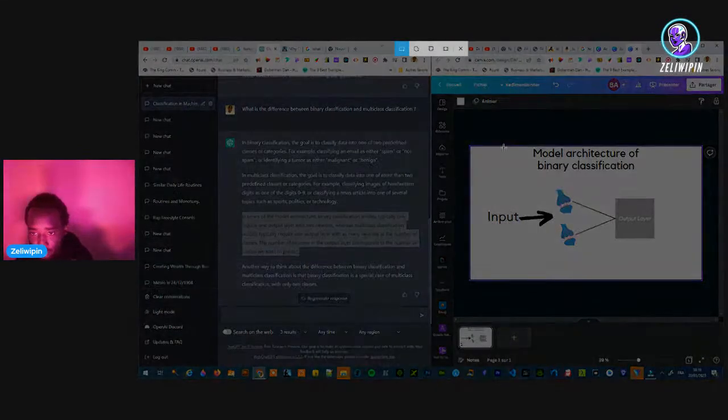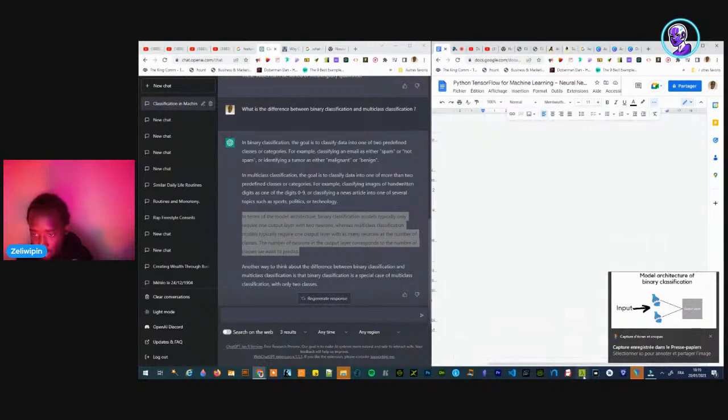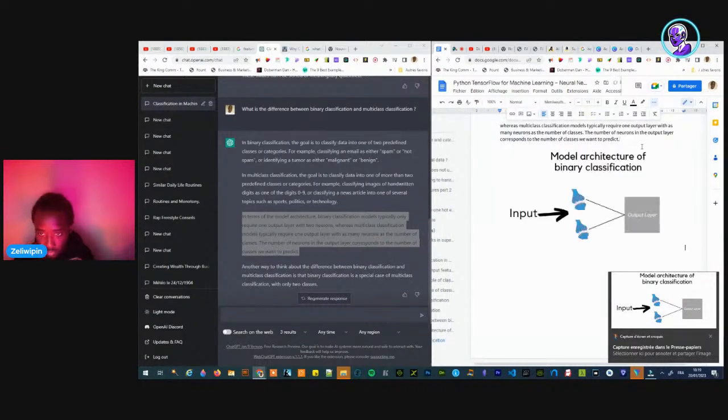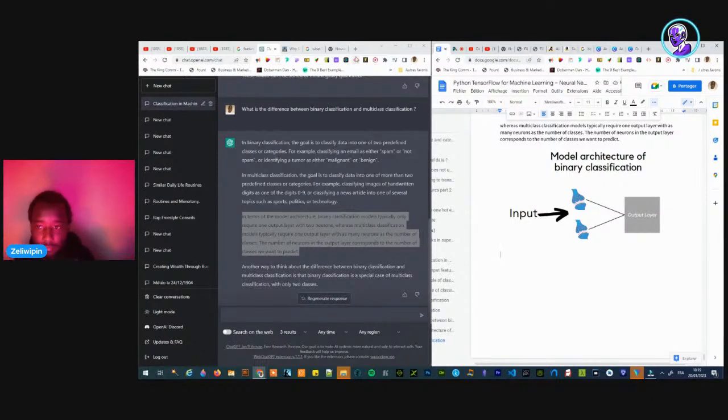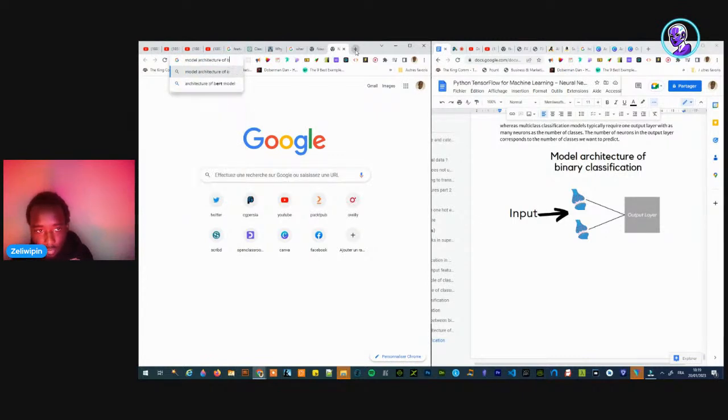Model architecture of binary classification, boom. Okay, done. Can I have a model architecture of binary classification?